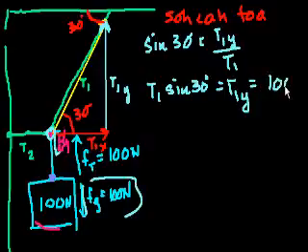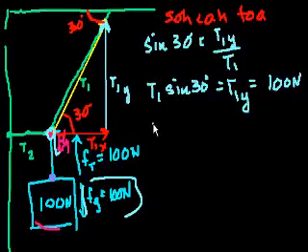So that's 100 newtons. And I really want to hit this point home, because it might be a little confusing to you. We just said this point is stationary. It's not moving up or down. It's not accelerating up or down. And so we know that there is a downward force of 100 newtons, so there must be an upward force being provided by these two wires. This wire is providing no upward force. So all of the upward force must be the y component, or the upward component, of this force vector on the first wire.